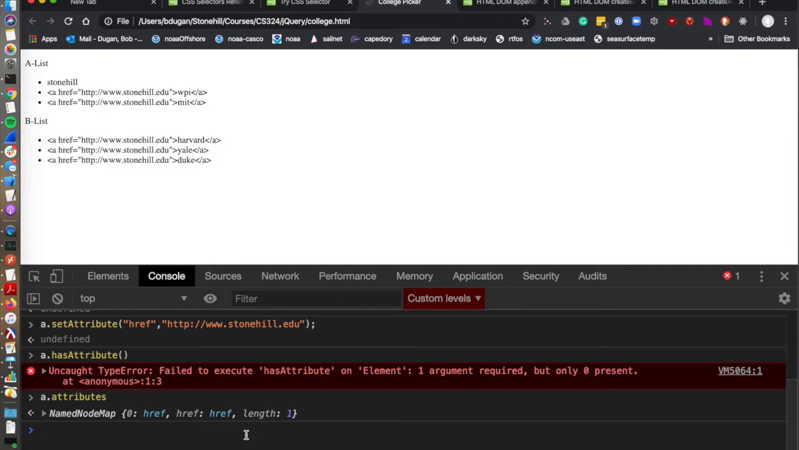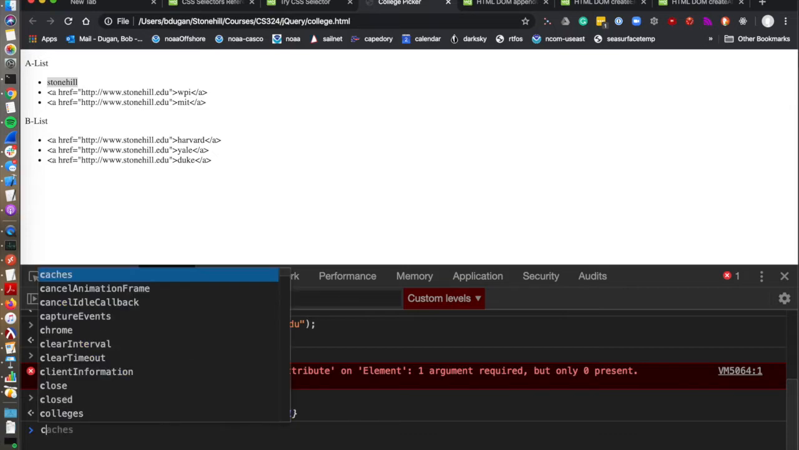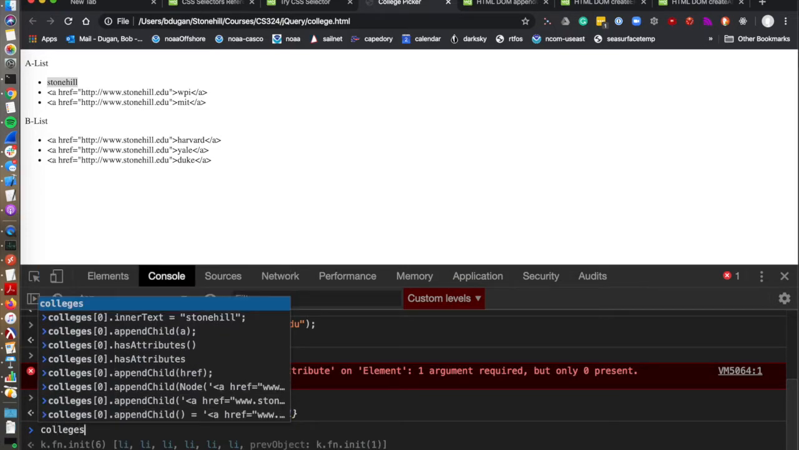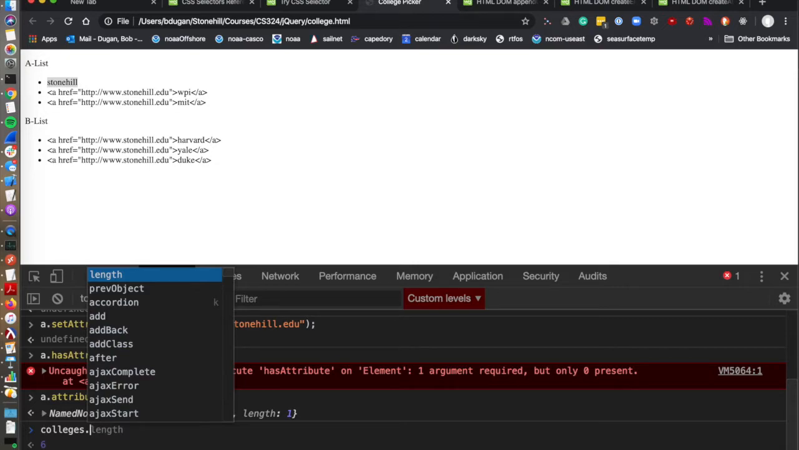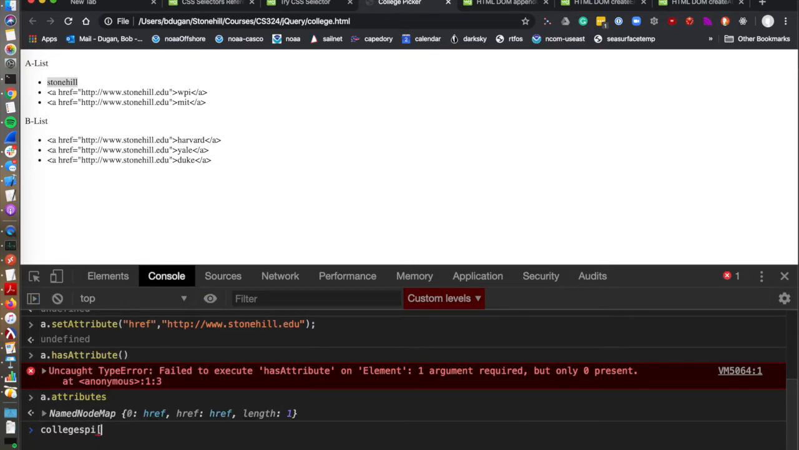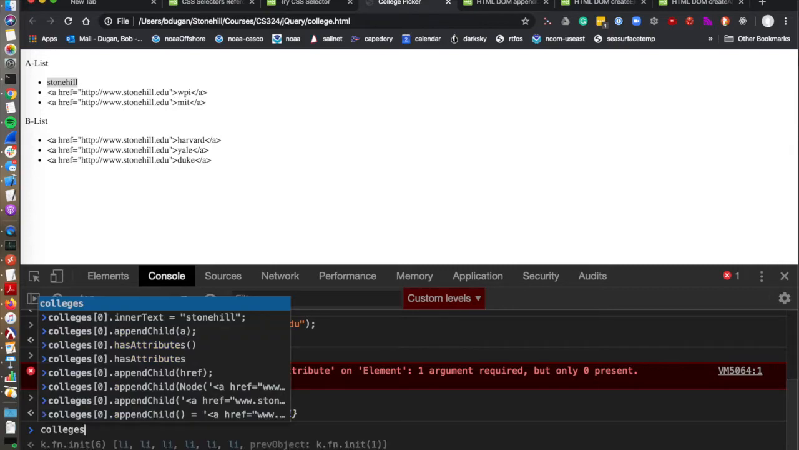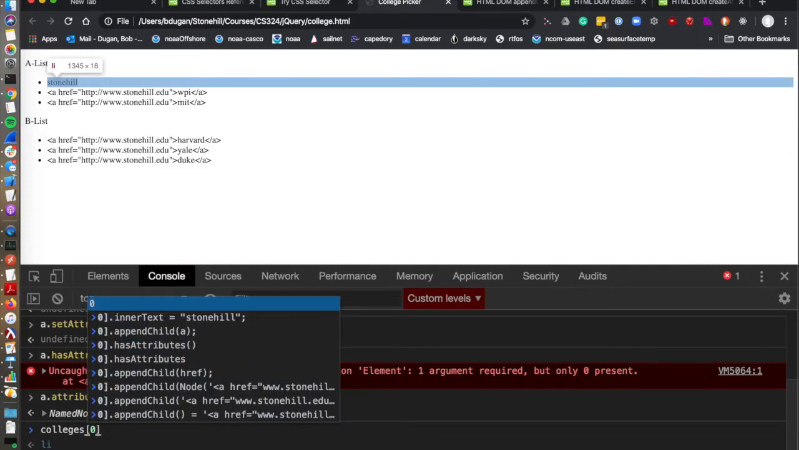And now what we can do is, let's try to set that first element in the list, the Stonehill element, to this true link that goes to stonehill.edu. Okay, so if we do that, what's going to happen? Let's see. So colleges, colleges sub 0 dot